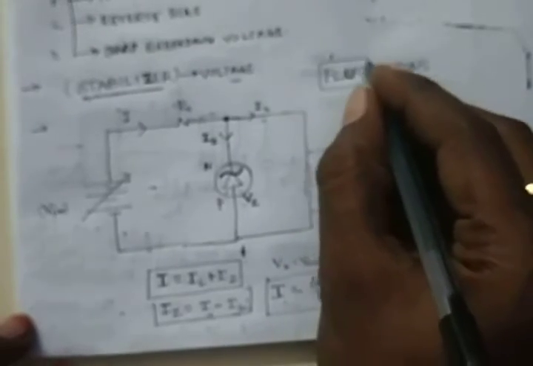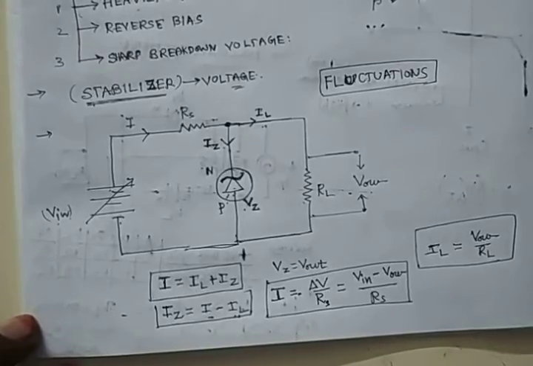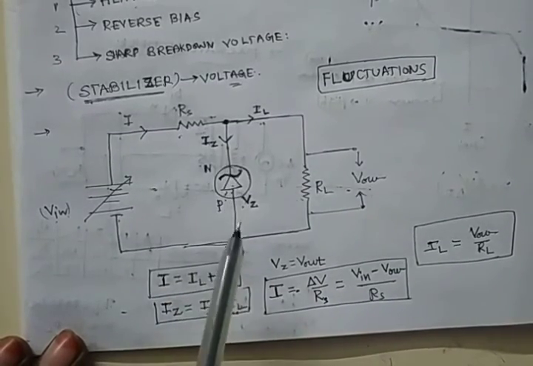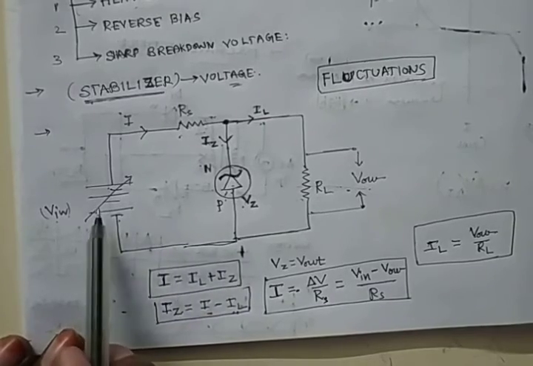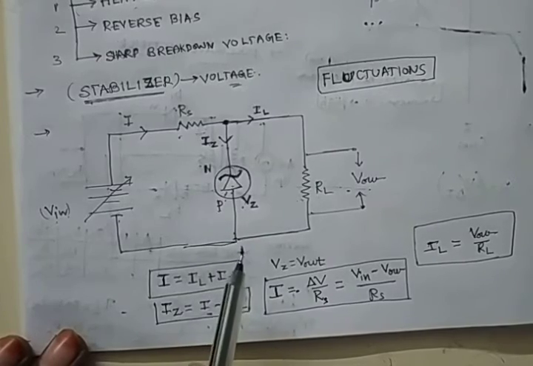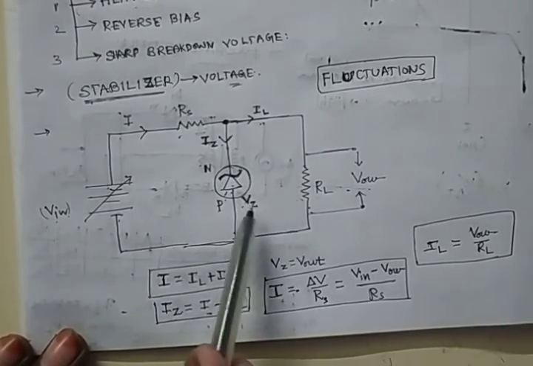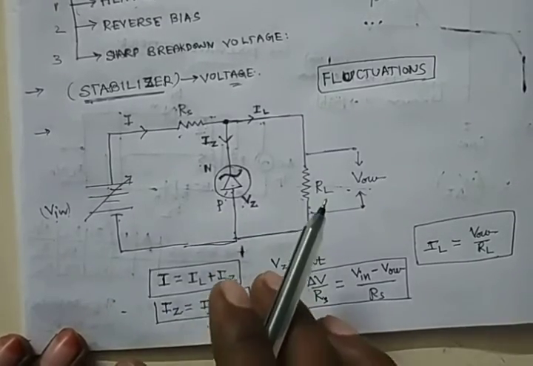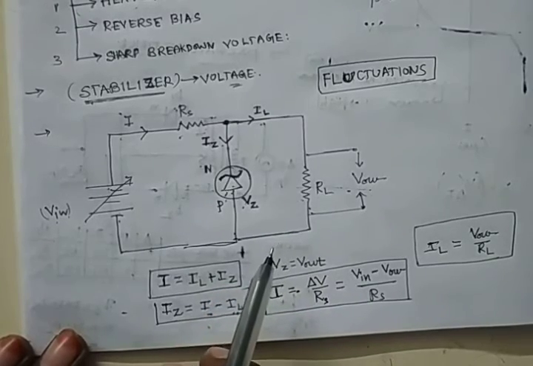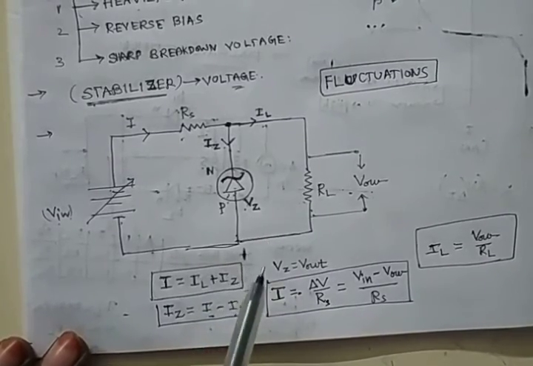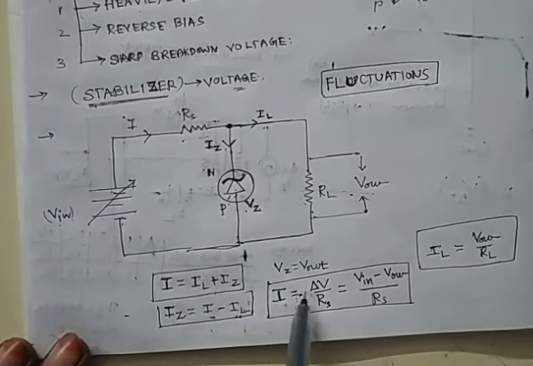which are coming due to the rainy season or thunderstorms. The fluctuations should be stopped at this point. Okay, then the voltage passed through the Zener diode should be constant. That's why it acts as a voltage stabilizer. All this circuit is contained in our V-Guard stabilizer or any stabilizers. Okay, that is about the Zener diode. This is very important.